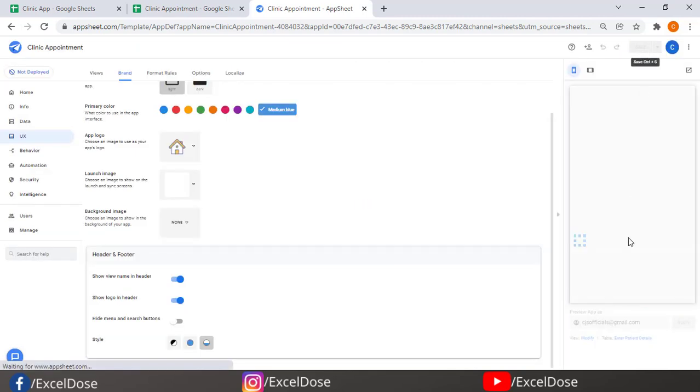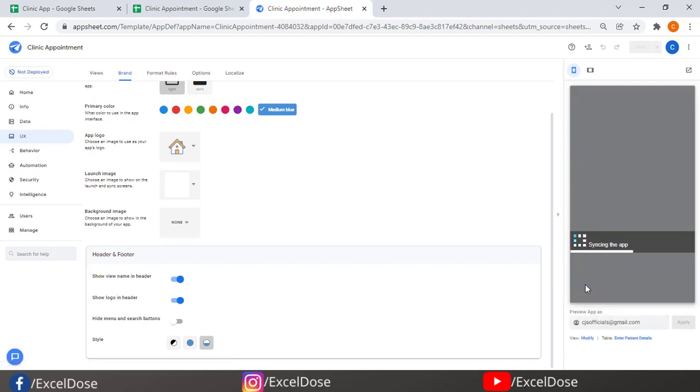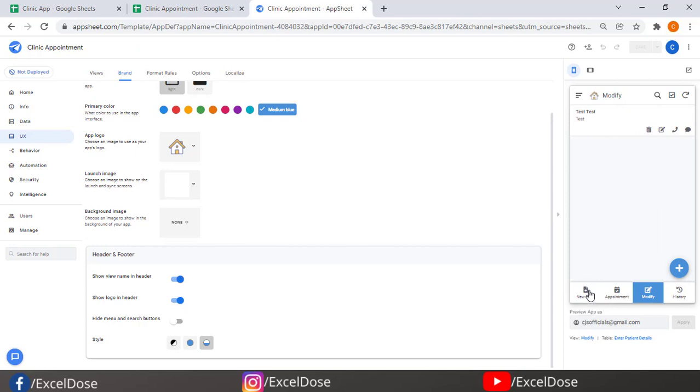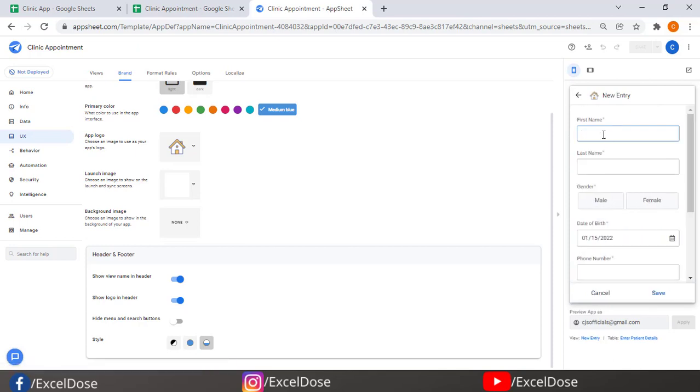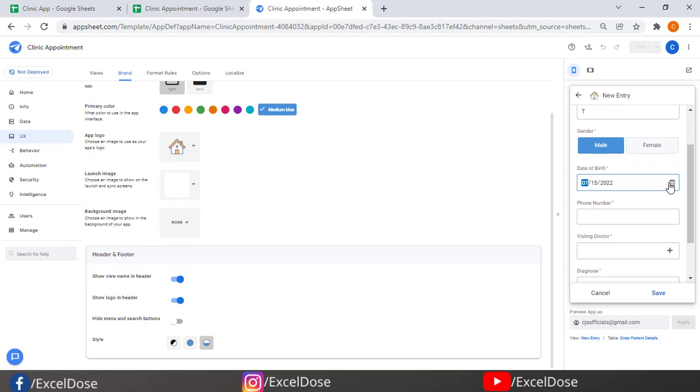Now we'll add a new entry and make the changes, also reschedule the appointment for some other day. I will go with John as an entry, male, and date of birth.